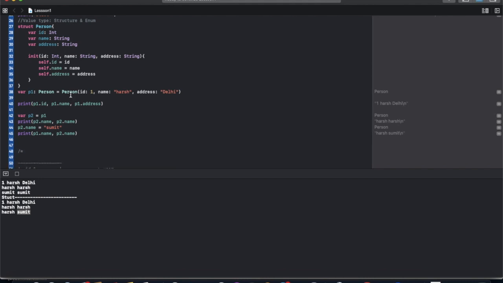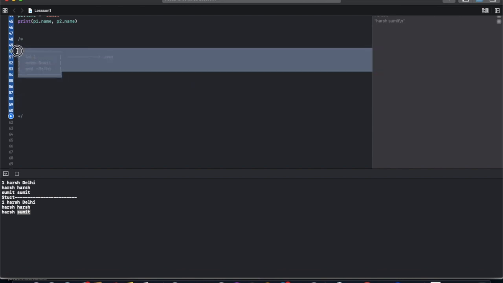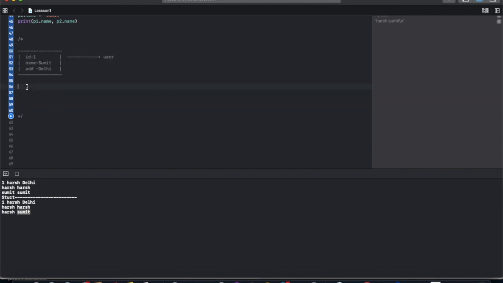Like we understood how it works in the case of reference. We just create a container and refer to it with one variable. When we copy it, it creates another reference. But in case of a value type, it does not create a reference. It just creates a value and refers to it with one variable. But if we create a copy, it creates a copy of the whole container.